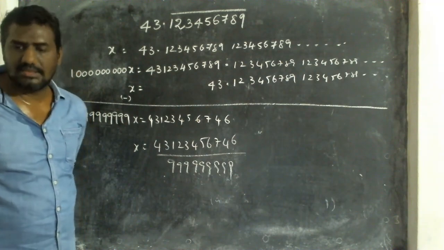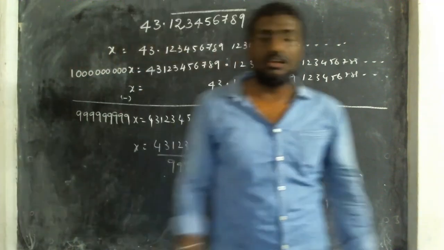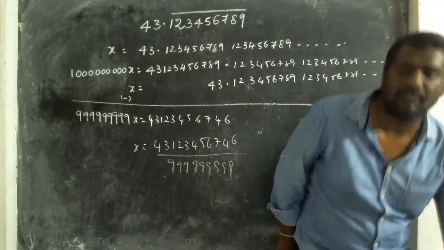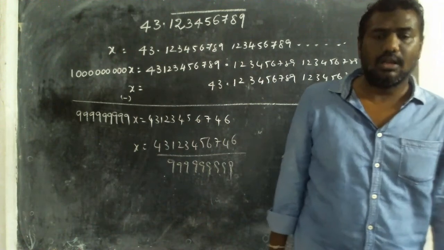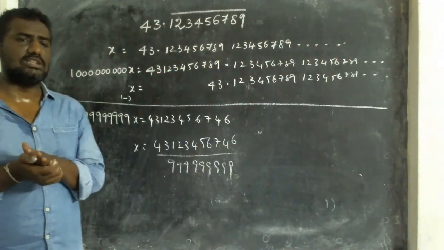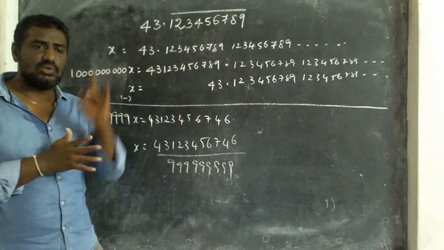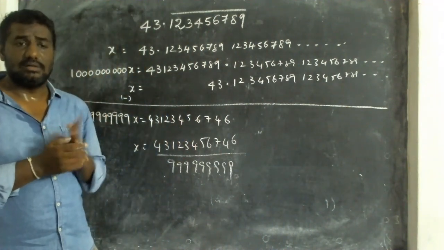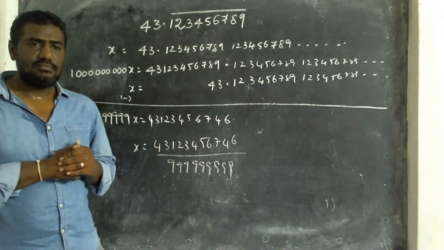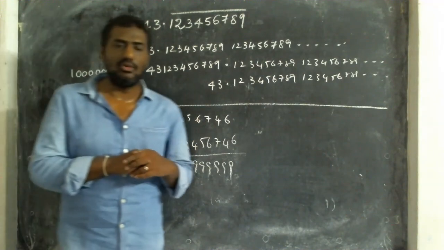So children, with this, the rational numbers are completed. You must prepare by looking at the textbook. Observe this video carefully, try to understand it, and try to learn the problems. We only have logarithms left in this chapter, but I am not going to teach logarithms now. I will teach them when the school opens. Next session I'll go for the polynomials chapter. Is it okay? With this, I'm going to end the session.